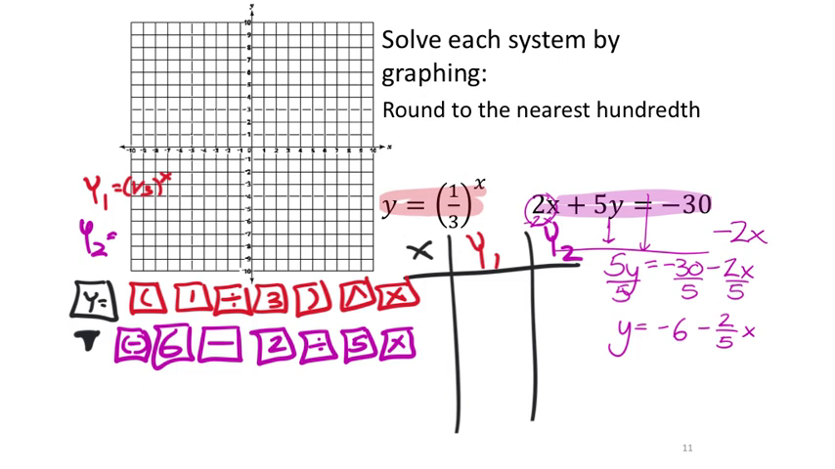Now, why does this work? Even though on the calculator it's going to show up like this, where it says negative 6 minus 2/5x, why does that work? It's because of the order of operations, which I really don't want to go into right now, so I'm not going to, okay? But now that I have the second function, the purple one, in the calculator, I'm ready